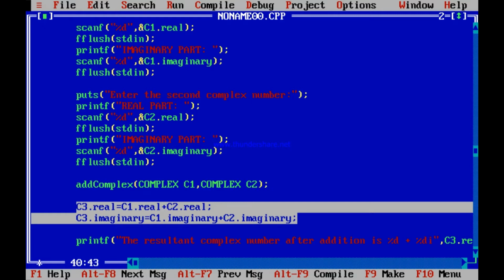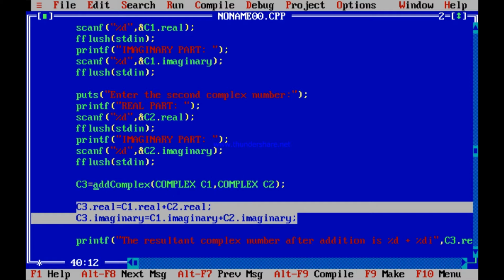Two structures I pass, C1 and C2, and expect that this add complex function will add the two complex numbers C1 and C2 because I have passed the structures. So within that function, C1.real and C2.real and C1.imaginary and C2.imaginary definitely will be accessible because I am passing this as a structure to the function, and return from that function will come C3. That is the added result.